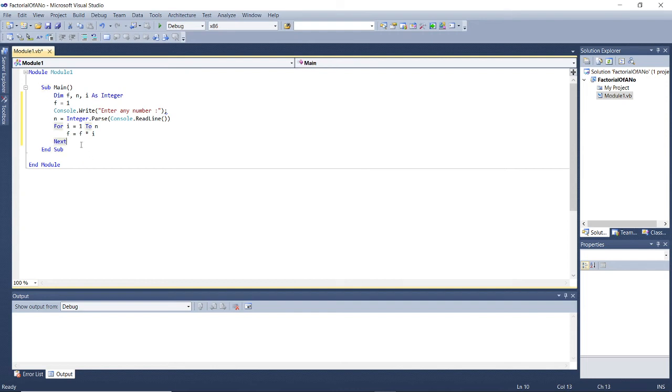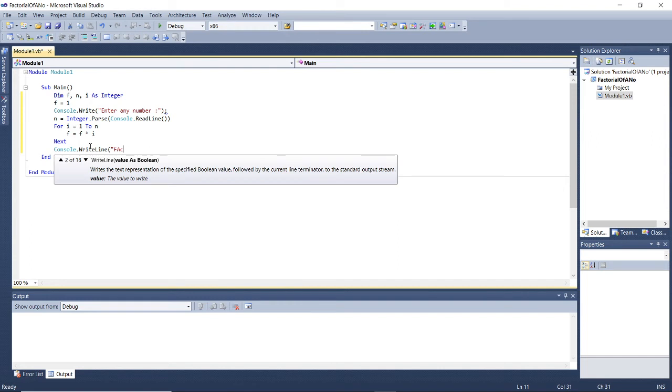And after this for loop, I want to display the result by console dot write line. Factorial of 0 is 1.